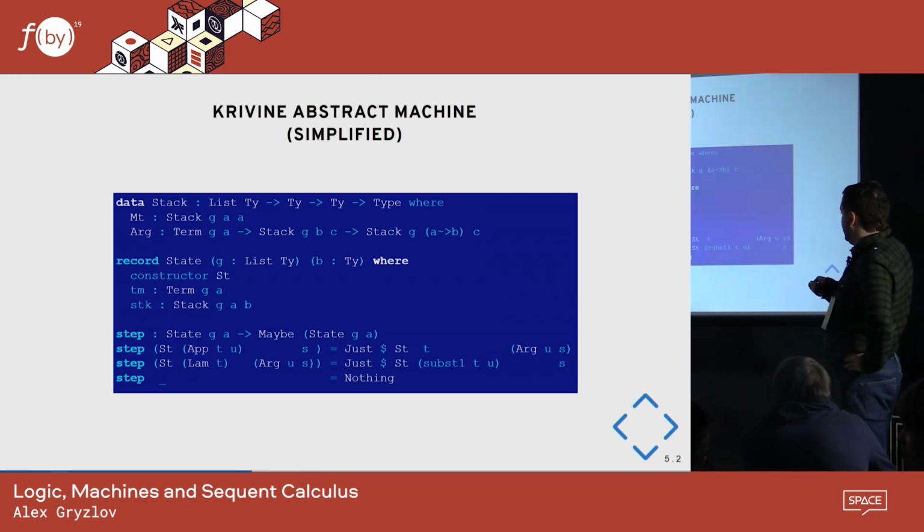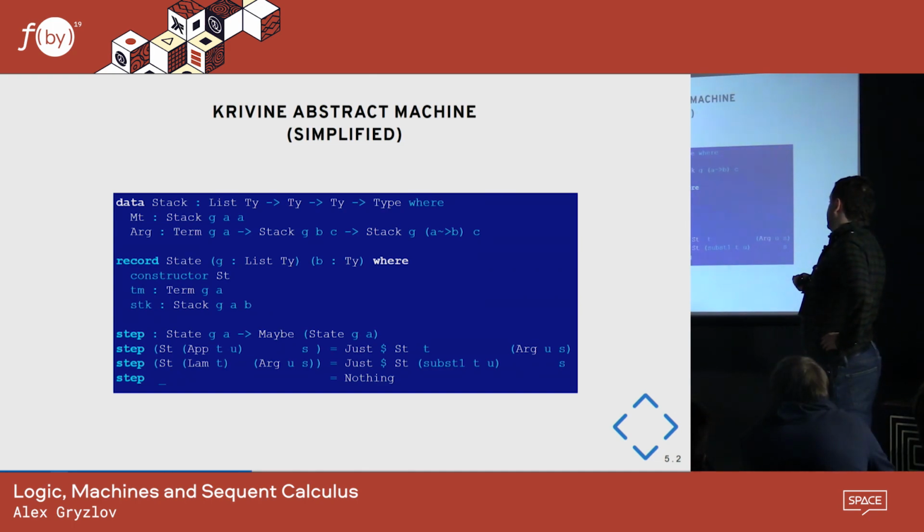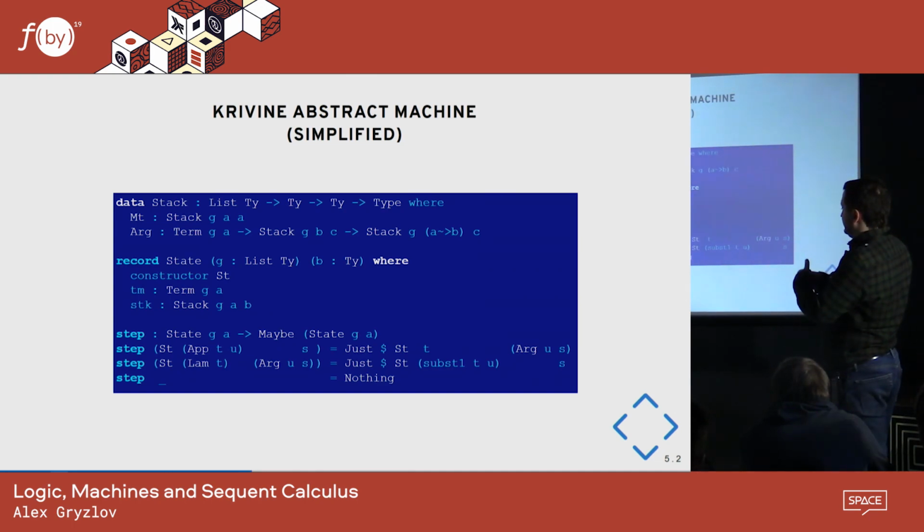And if you have a lambda and there is something on a stack, so this is basically a beta redex, a pattern for beta reduction, then you substitute this U inside of T. So basically this is a function that substitutes this U for the occurrence of the first variable, so this one here, and then you remove this from the stack. And that's it. There's just two rules. And if there is anything else, you stop and return the last thing that was valid. So this is how you write a Krivine abstract machine.